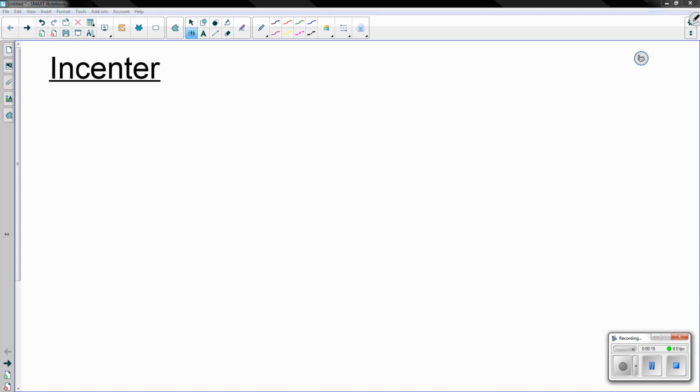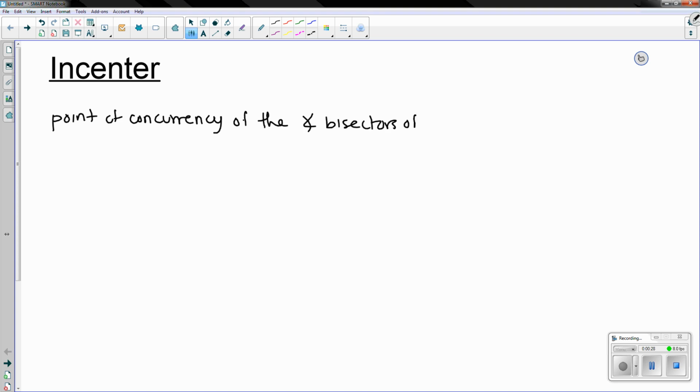So to begin, the incenter is our point of concurrency of the angle bisectors of the triangle. So let's take a look at a sample triangle here, where I'll label each vertex A, B, C, and we're going to draw in our angle bisectors. So let's say we start at some vertex. Let's begin at vertex A, or angle A, and if we want to draw our angle bisectors, we're going to